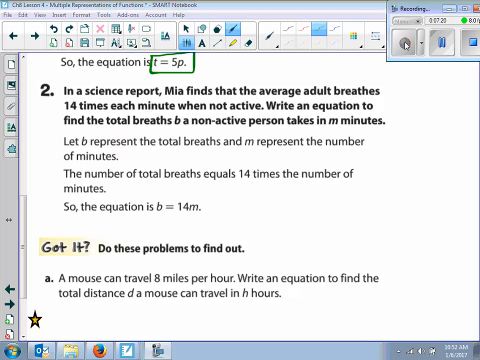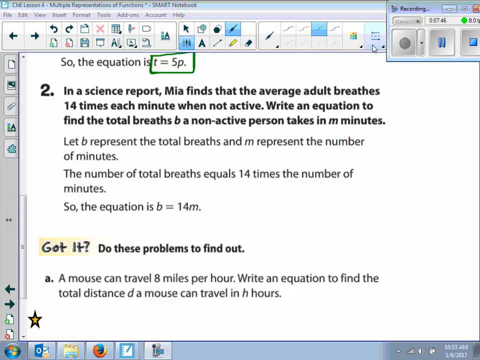All right. Example 2 says, in a science report, Mia finds that the average adult breathes 14 times each minute when not active. Write an equation to find the total breaths B a non-active person takes in M minutes. Okay? So when we look at this,